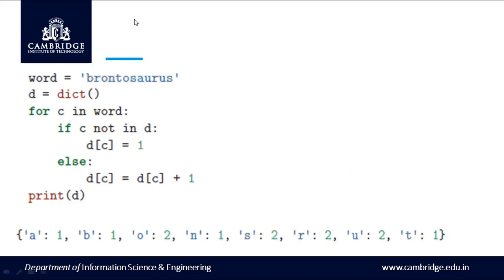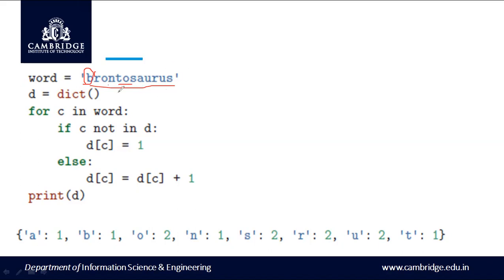So here in this example, I have the word Brontosaurus. What I'm going to do here is count the appearance of B. How many times has B appeared in this word Brontosaurus? How many times has R appeared in this word? How many times has O appeared? How many times N? Like that, for each and every character I'm going to check the number of times it has appeared in this string.